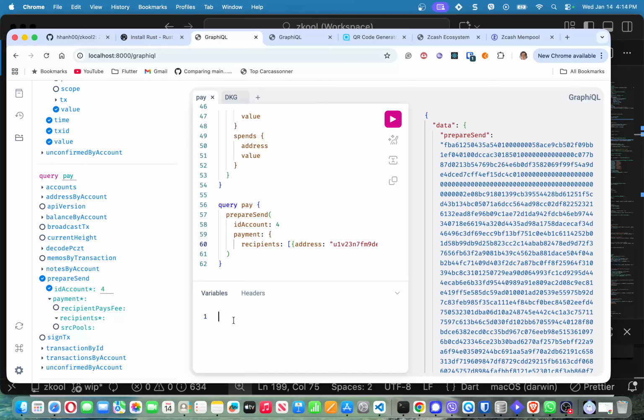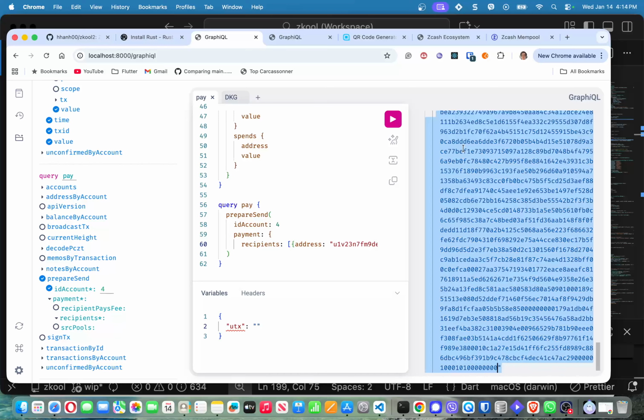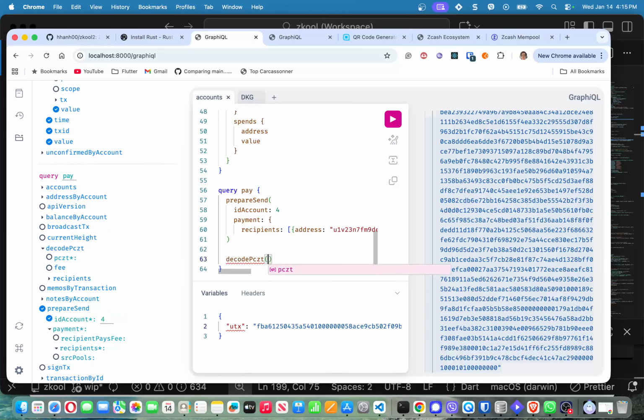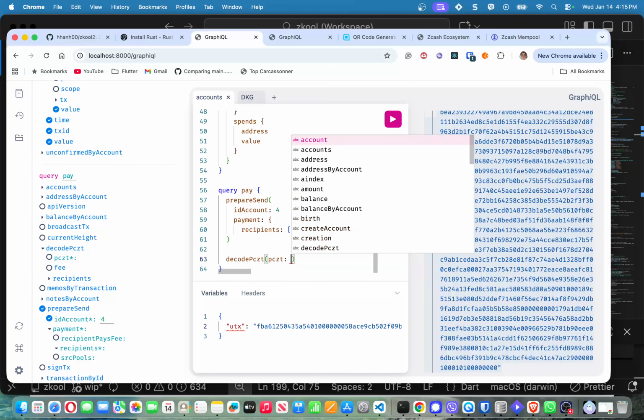And the easiest way to keep that is to store it in a JSON variable. So this is our unsigned tx, and then I set it as this variable here. Okay. So now, if I want to decode this, because if I receive this big chunk of binary, I don't know what I'm signing. So I need something to make sure I'm not signing the wrong thing. Right? So if I decode the PCZT,